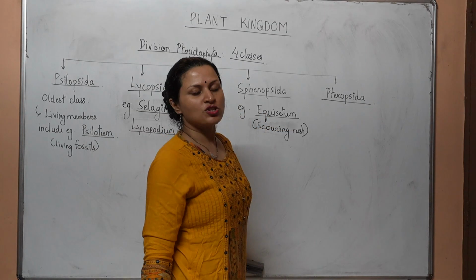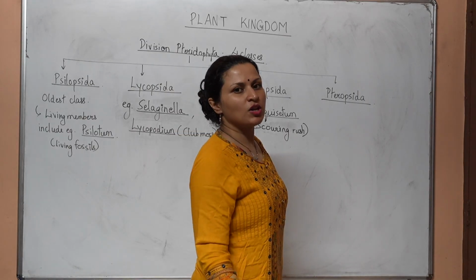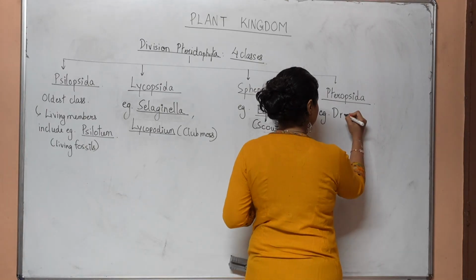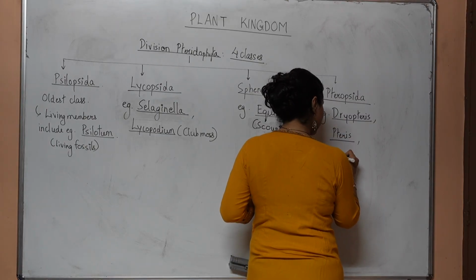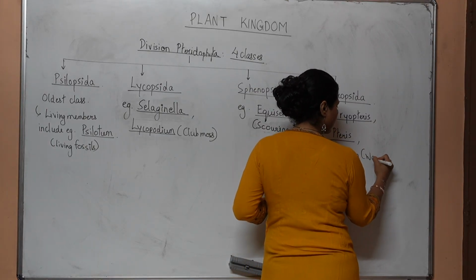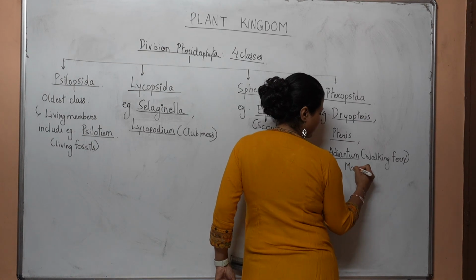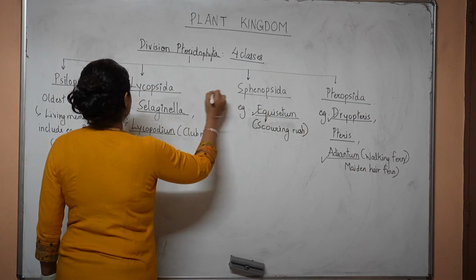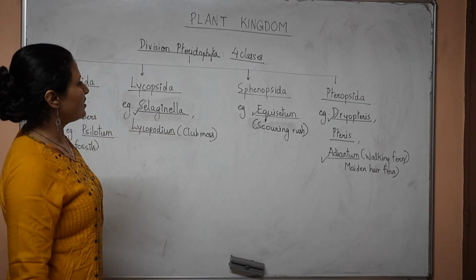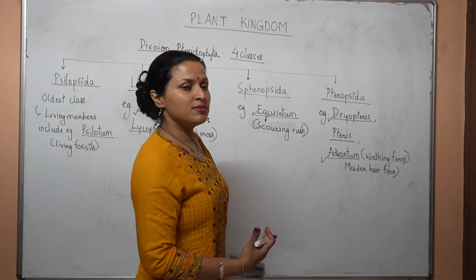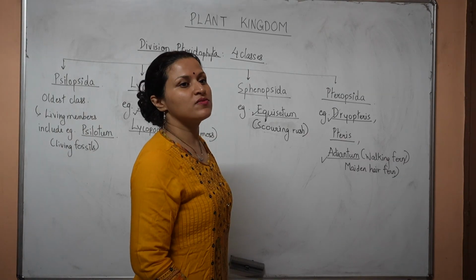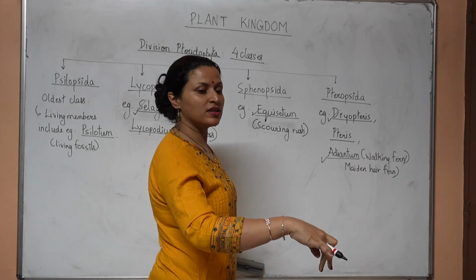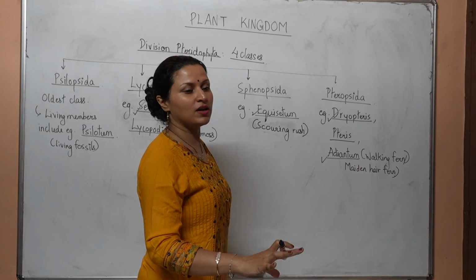Scouring means washing utensils. Most of the ferns belong to class Pteropsida, and they include examples like Bryopteris, Pteris, Adiantum, which is also called the walking fern, and also called the maidenhair fern. This one is quite popular. Bryopteris is also very popular. Equisetum, Selaginella, these are popular. These are important examples. Adiantum is so called because it is known for its vegetative propagation through leaves, wherein the leaf tips touch the ground. From there, yet another plant is born.